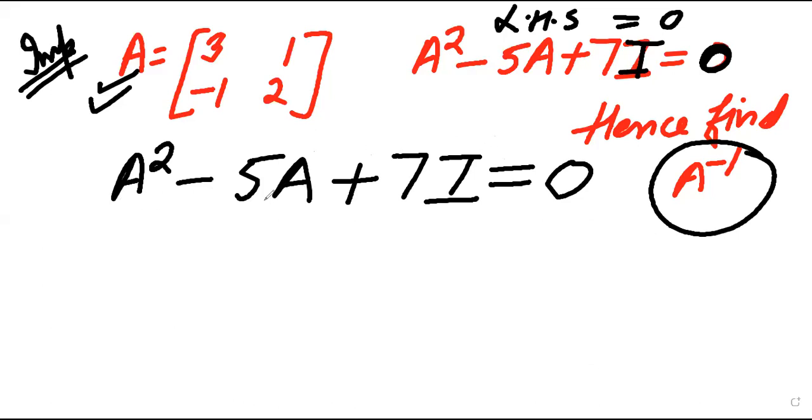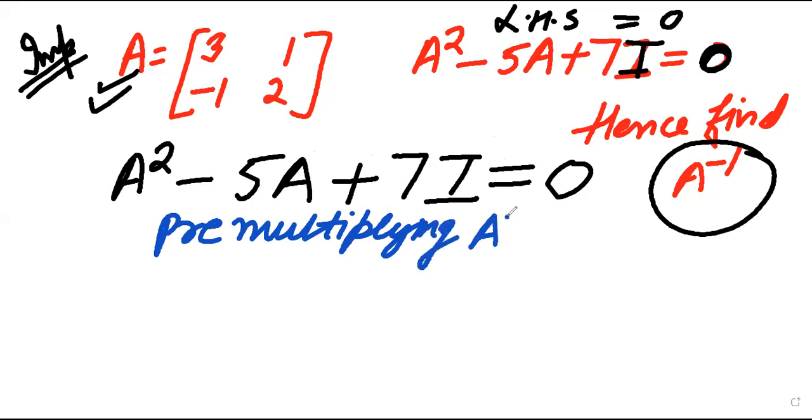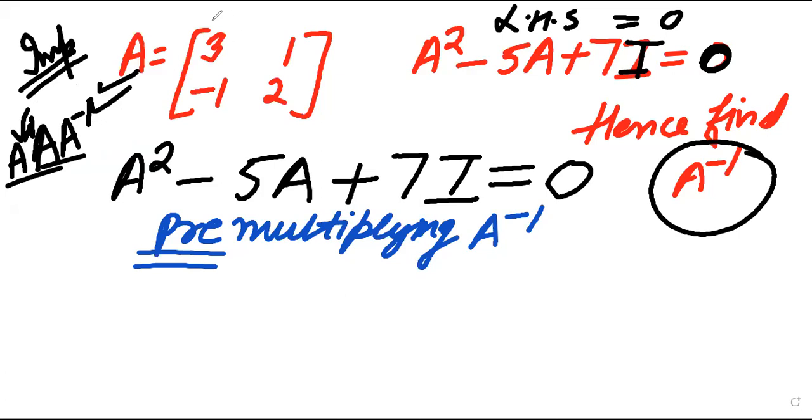How? We first take this A squared to the other side and pre-multiply the matrix with A inverse. What does it mean? Pre-multiply versus post-multiply. If you have A into B, there is no property by which we can say it will equal B into A. So we have to see by which value you are multiplying, before this, that is pre, or after this, that is post. A inverse into A is different from A into A inverse. The result will be the same, but the method is different here.